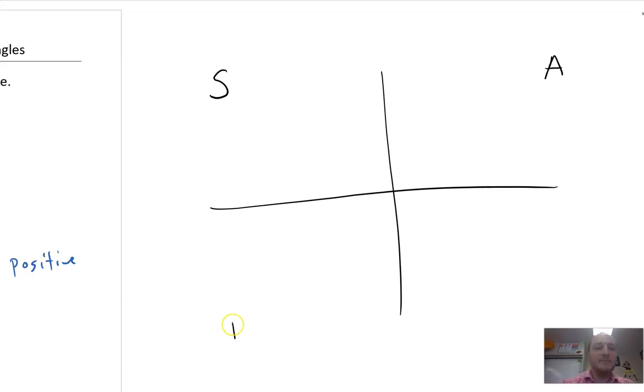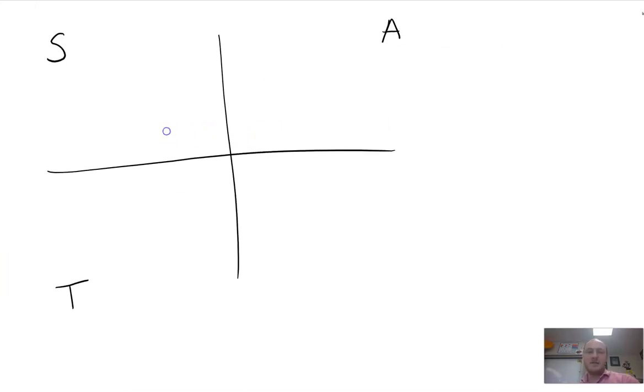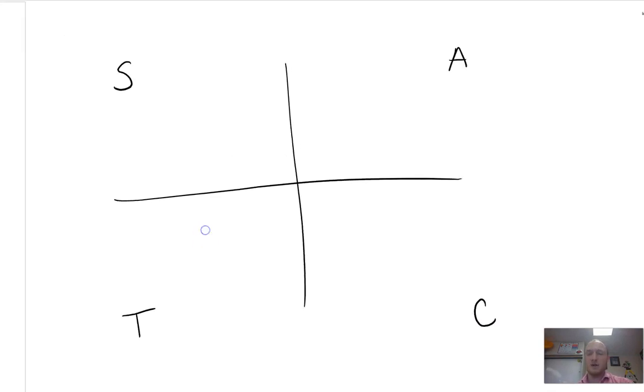In quadrant 3, you would say that everything's negative, except tangent is sine over cosine. So negative over negative gives you a positive. So tangent is actually positive in quadrant 3. Okay, and then in quadrant 4 over here, you have C, cosine is positive in quadrant 4. Your sine's negative, right? So this acronym, all students take calculus,